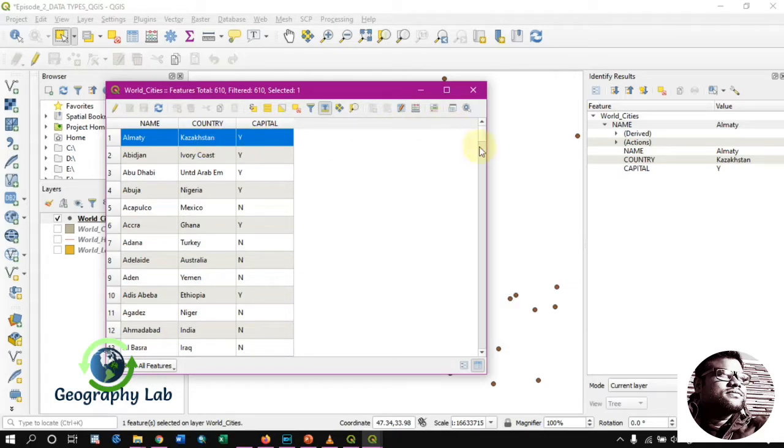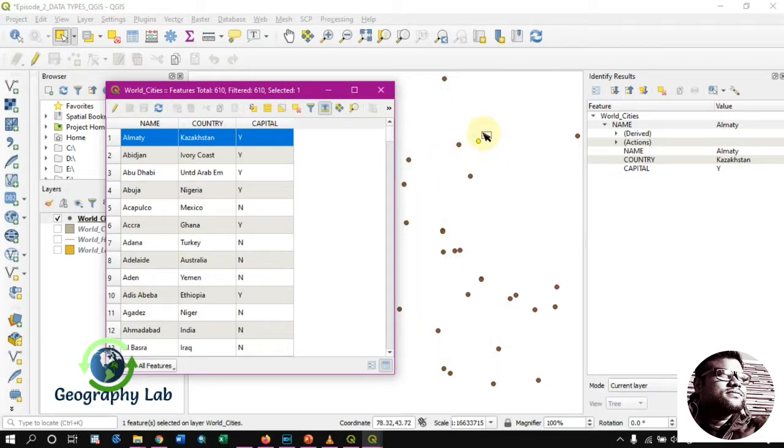So this is the vector data or the spatial data, and this is the non-spatial data associated with this particular specific city.